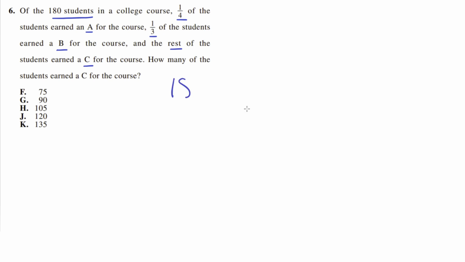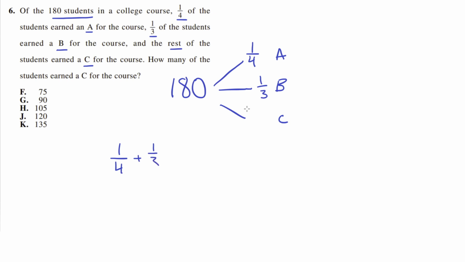So we have 180 students, and of these students, 1/4 got an A, 1/3 got a B, and the rest got a C. So what we know is that if 1/4 got an A, 1/3 got a B, then that means that the rest got a C. So if we add 1/4 plus 1/3, we can simplify this to